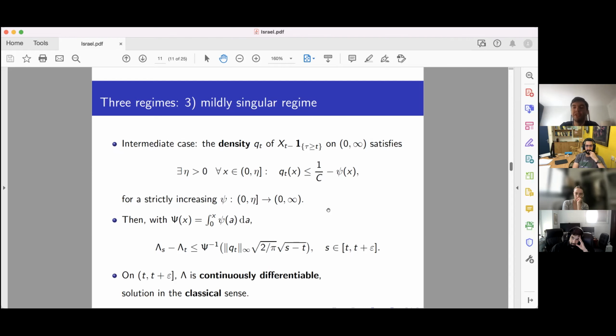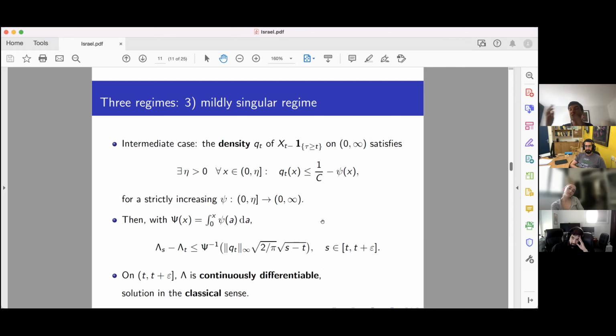And so basically, depending on where you are between 0 and 1/c, which is captured by this function psi, you will see a different degree of regularity of your frontier. In a sense, the most typical case is that you're strictly between 0 and 1/c. If that happens, your frontier will be continuous, but only Hölder 1/2 regular. So it will have a square root type of behavior, which is natural in this problem due to Brownian scaling.